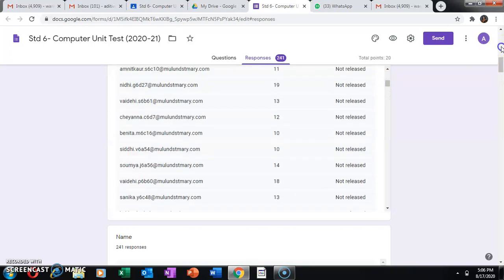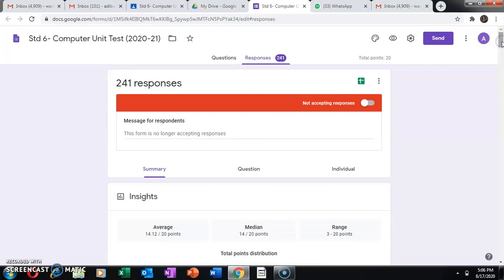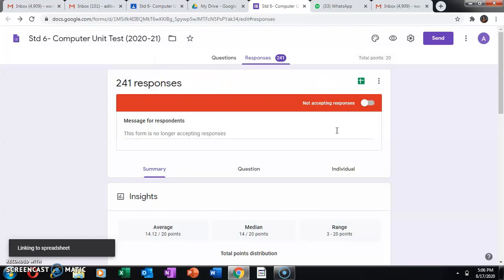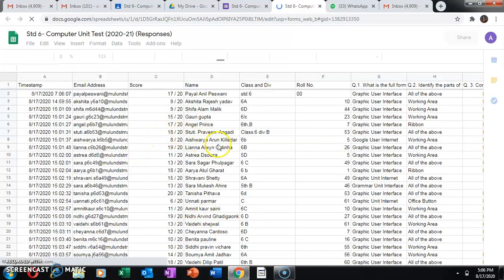Okay, so what you can do, you can create a spreadsheet of this. This is the icon to export to the spreadsheet. So create a new spreadsheet and I will create it. Spreadsheet means an Excel file will open, and in that Excel file I can see the grades of all students.